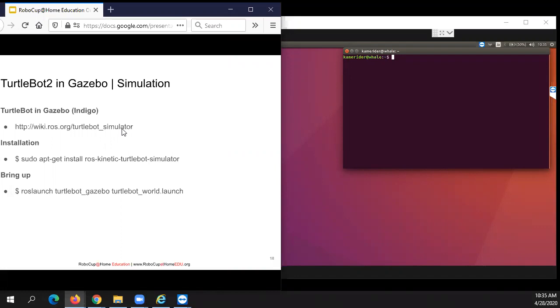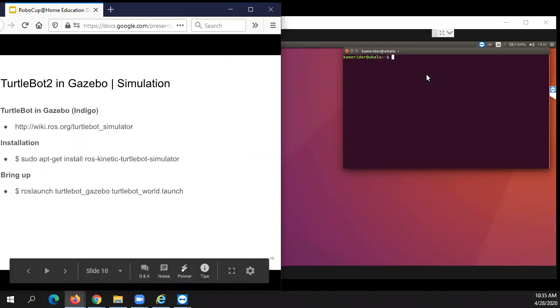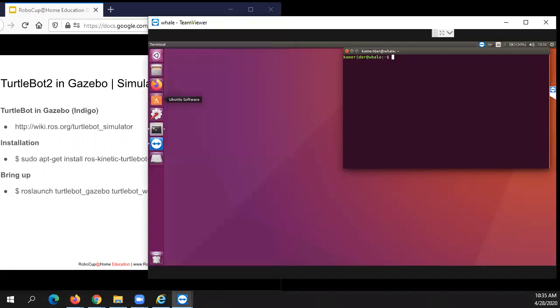You go to the wiki page. Unfortunately, it still stays on the Indigo version, but I have tried everything and it works under Kinetic. So you can even have this simulator in here. Let me try to bring this up. Okay, so roslaunch turtlebot